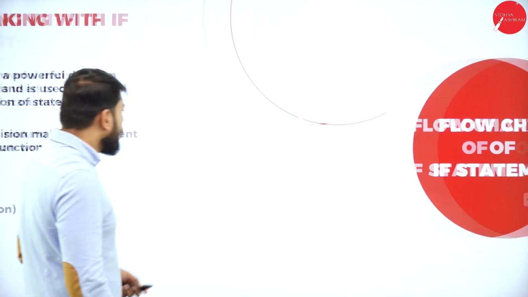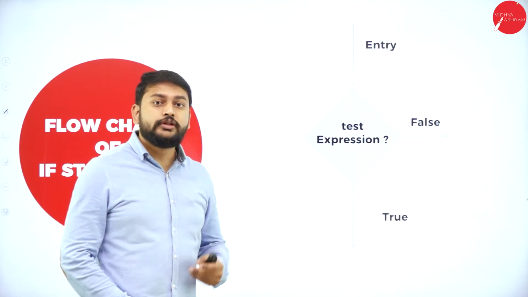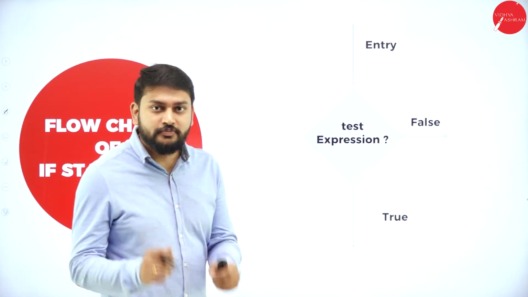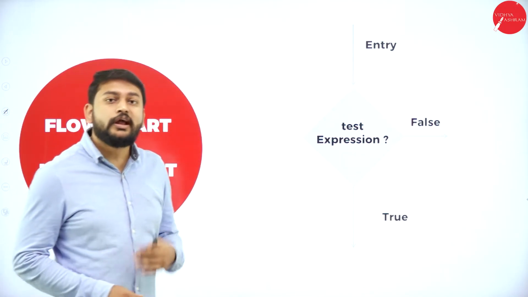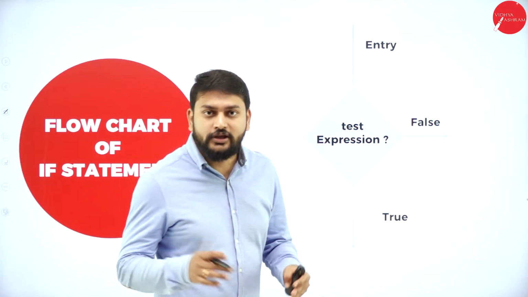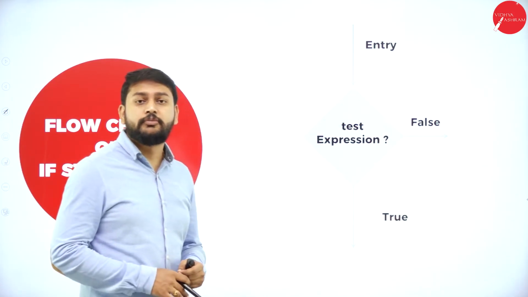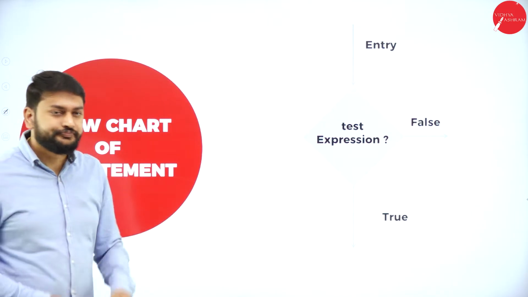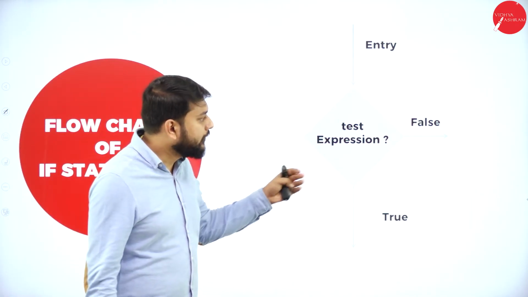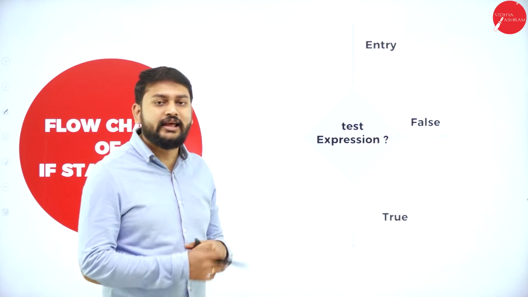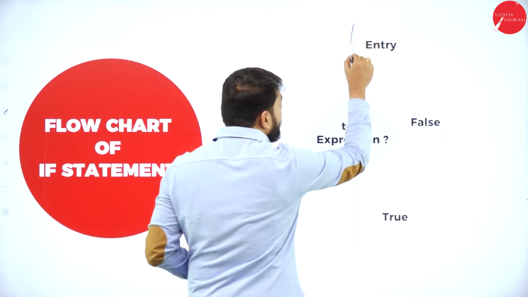So fine, let's check the flow chart for the simple if. They will ask you in the exam to write the flow chart for the simple if. You should be able to write this. I think I have shown you how to write the flow chart, and the notations we use, in the previous session, session number 2, the introduction session. Please understand what exactly they have given in the flow chart. This is the entry level.